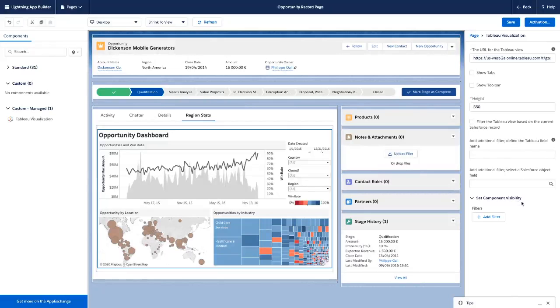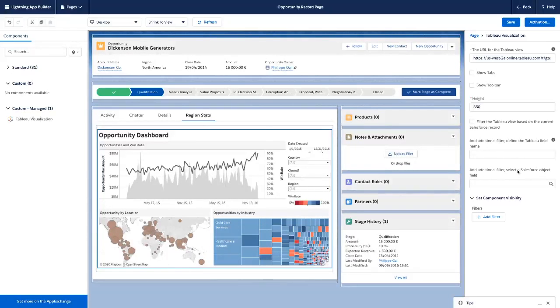Well, there are a certain number of things that you can pass from the record context to the Viz. The first one is not the one we're going to use. This is simply passing the ID of the record to the Tableau dashboard. We're not going to do that because I haven't synced my records on the Tableau side. But we're going to use the second way, which is defining a set of key values, filters, from Tableau and